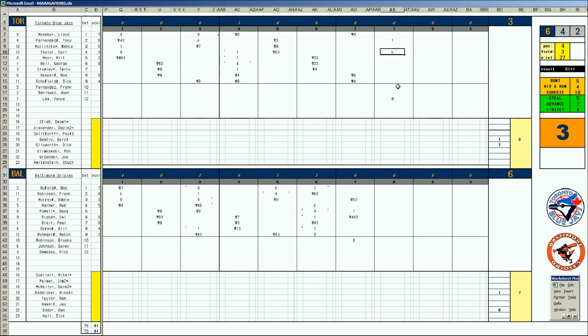Milt May, he's going to bat because he has power against lefties. Did we show you this card yet? I'm not sure if we did or not. Anyway, Carl Taylor, Milt May, single. That'll score the runner from first. We got runners in the corners in a 6-4 game. I'm done with Eddie. That was an interesting curiosity, but yeah, ridiculous.